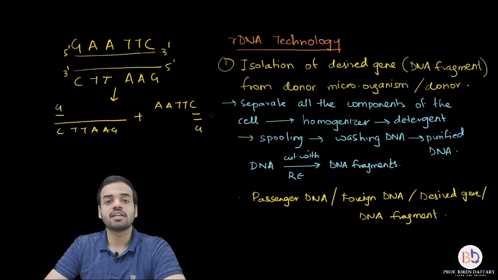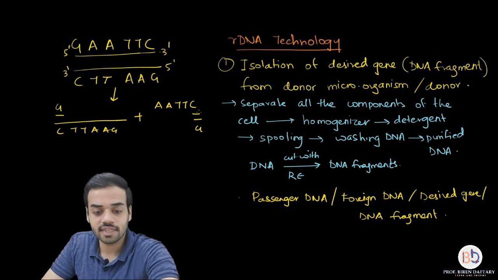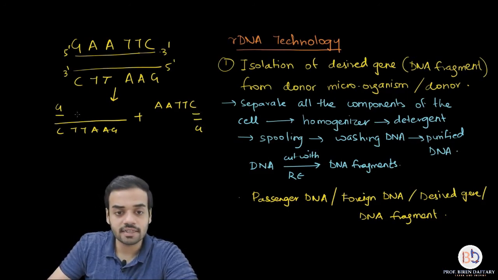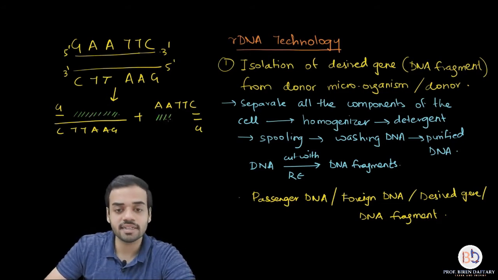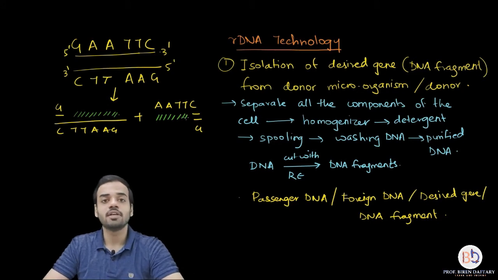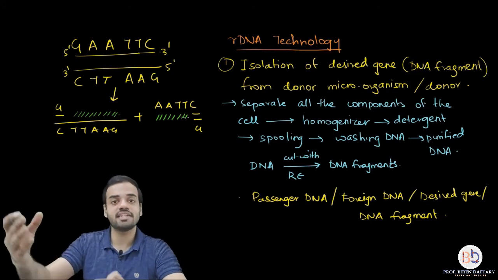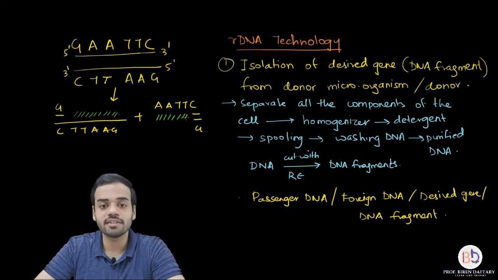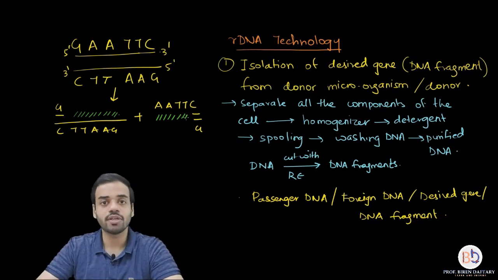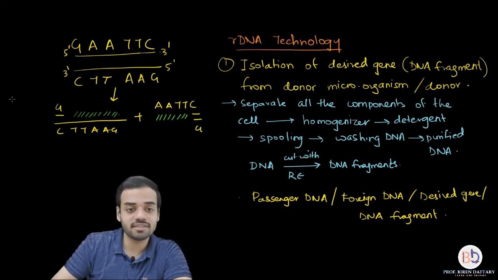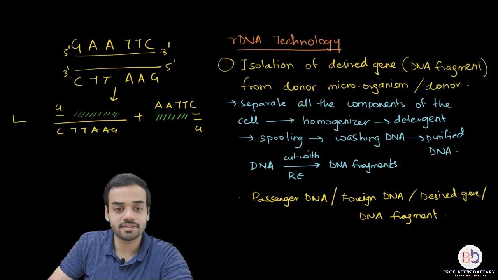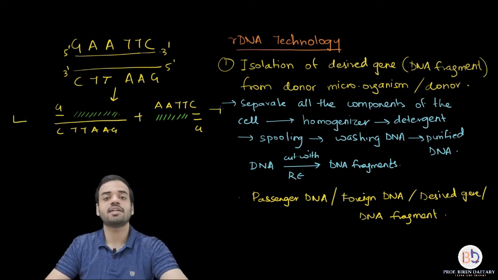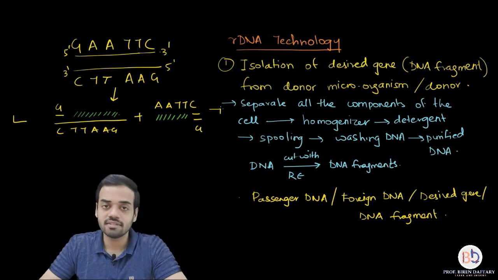Are you getting this? Now what is a sticky end? If you see this area, it is empty, that means all these nucleotides are unpaired. Similarly, this area is empty because all these nucleotides are unpaired. This is called a sticky end because it can stick with complementary nucleotides. So these are called sticky ends, or cohesive ends. Cohesive means sticky. They are also called staggered ends. Staggered means this kind of L shape. Is this clear?